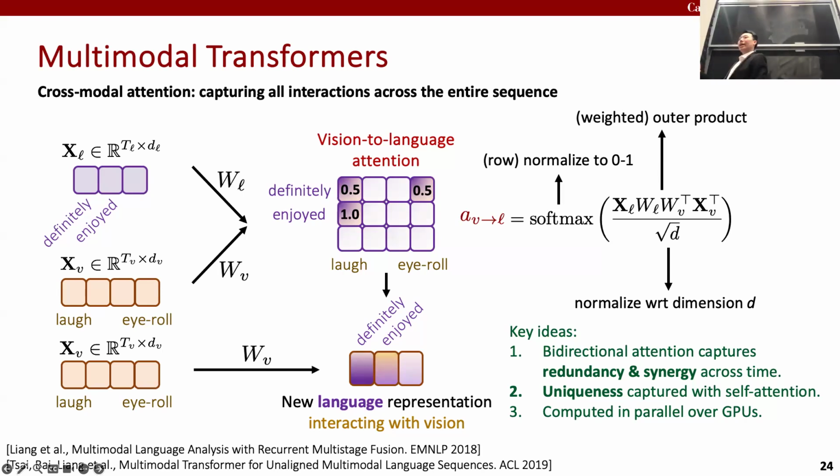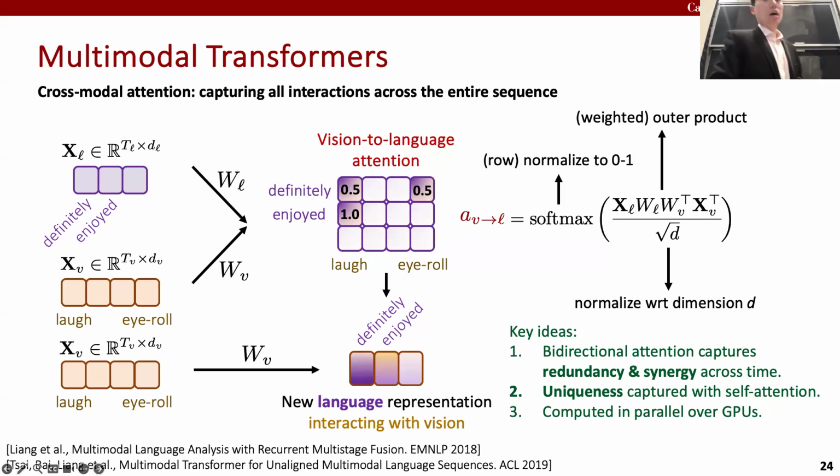But we saw 3 interactions, right? We also saw uniqueness. How do you learn uniqueness? You can learn that using self-attention. So that wouldn't be 2 different modalities doing cross-modal attention with each other, but rather the same language learning a 3x3 matrix, learning how each of the 3 words interacts with each of these 3 other words. So that learns unique information. So together that learns all the interactions that we need across these 2 modalities.